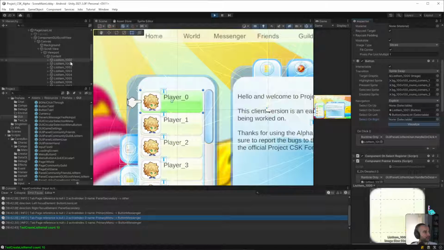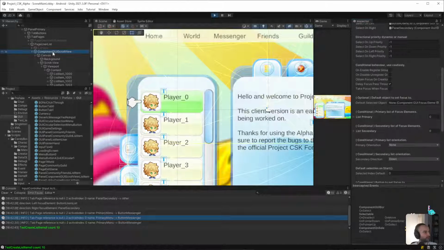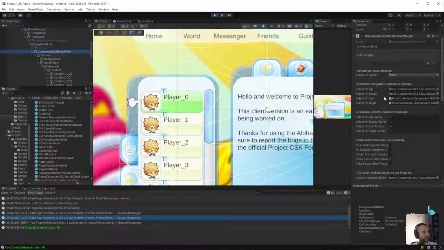So right was not set. Why was the right not set? So if we go up to scroll view, this has left, this has right, but it didn't set right.